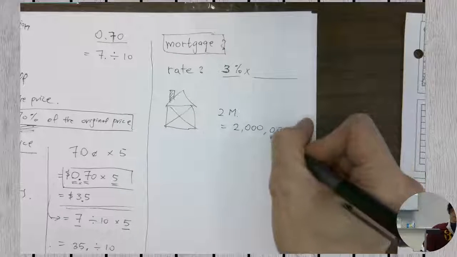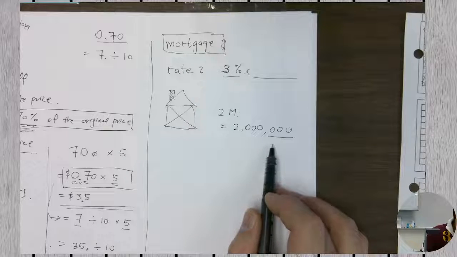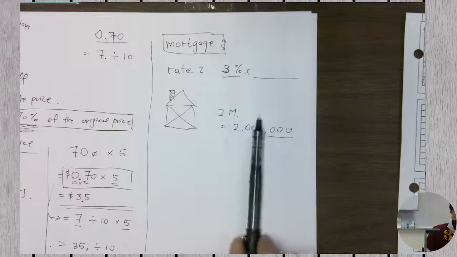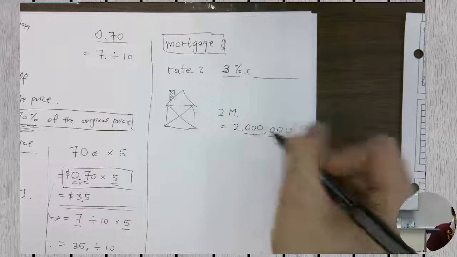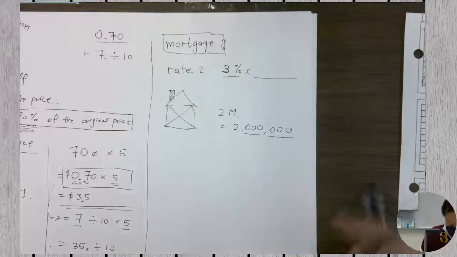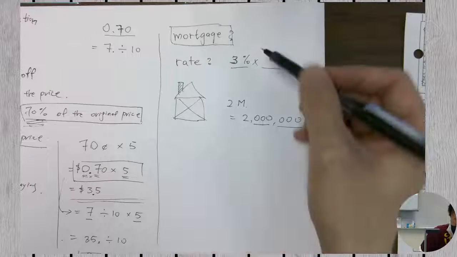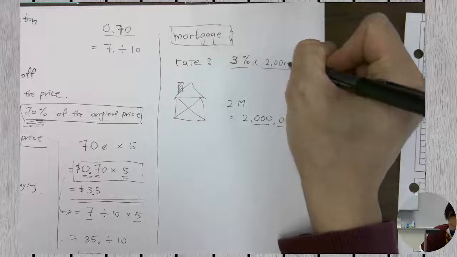Each set of zeros actually means something. The first set of zeros to the right is the thousands set, so if you have a 1 right here, that would be 1,000. The next set is the million set. If you have 2 sets of zeros, that 2 means 2 million, just in case you don't remember. All right, so 3% of 2 million,